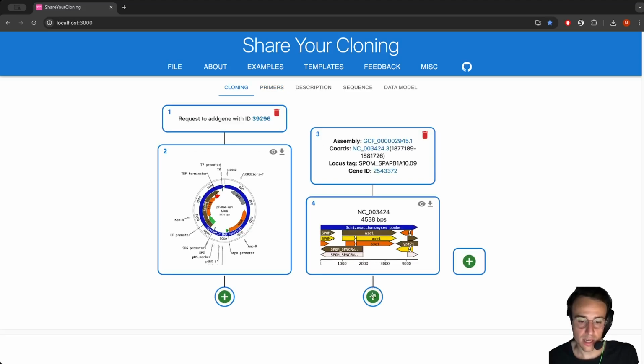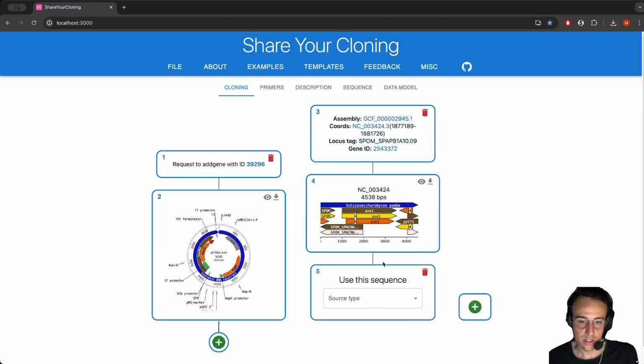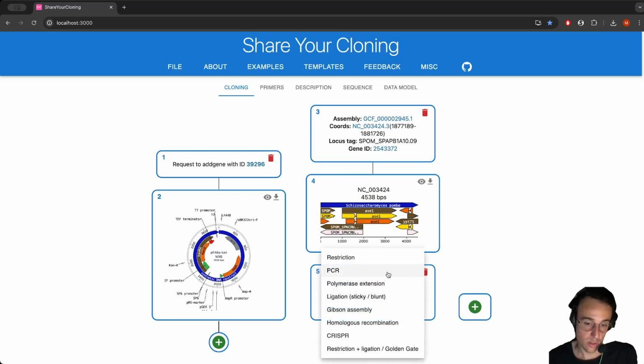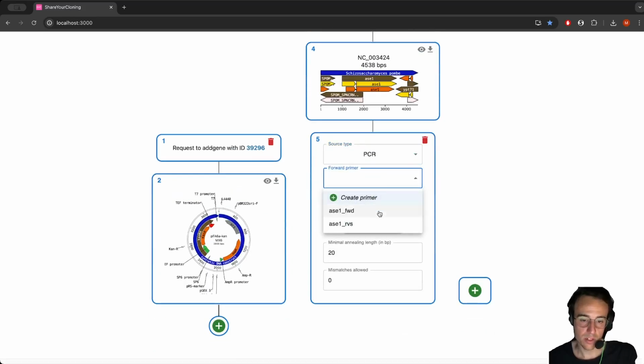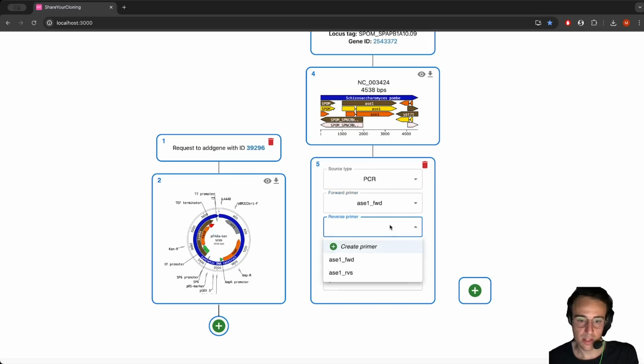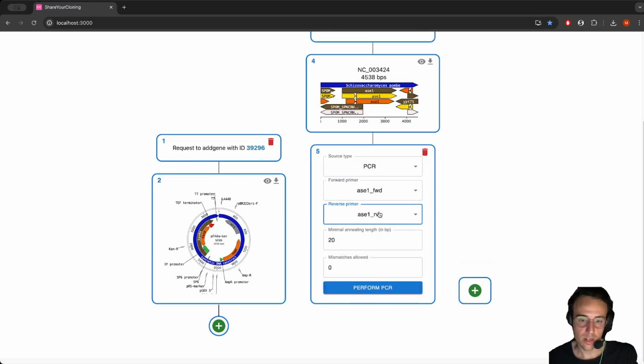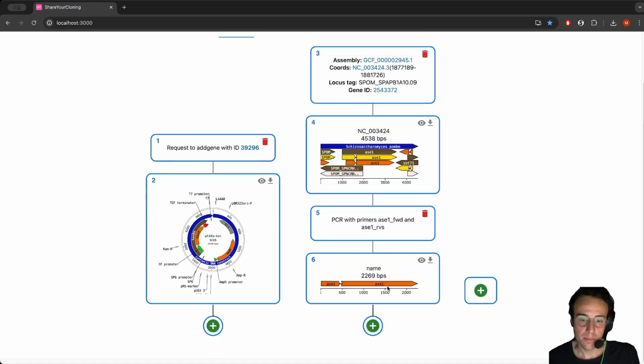Now let's add a source to this. So this will take this sequence as an input and produce an output. In this case, we want to make a PCR, and the forward primer we want is the ACE1 forward primer that I prepared, and the reverse one is the other one. And we can click on perform PCR, and we see that we have amplified this sequence, but we've added some